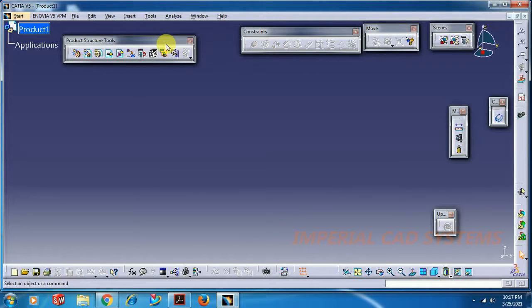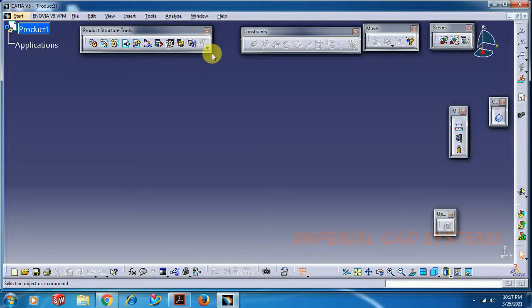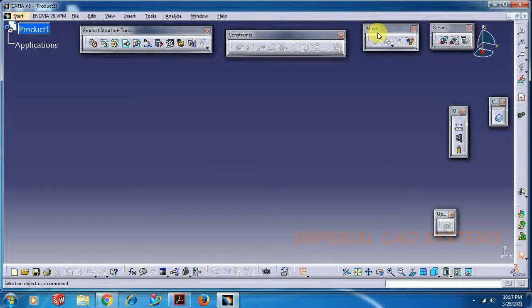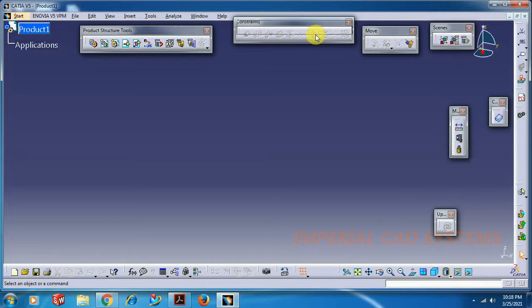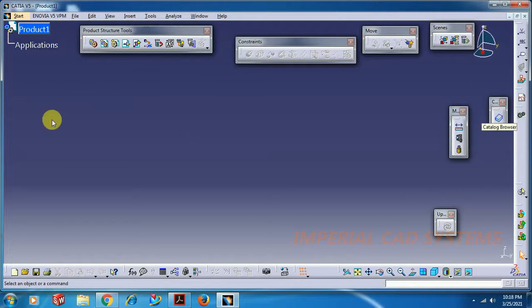So these are the toolbars we use for assembling different parts: product structure tools, constraints, move toolbar, scenes, catalog browser, all these options.